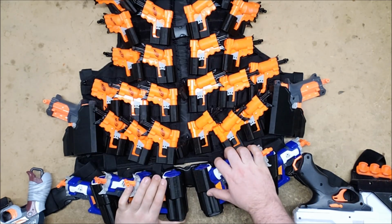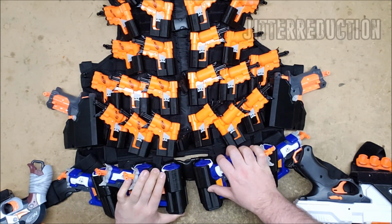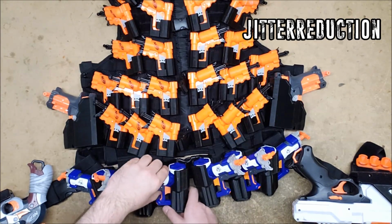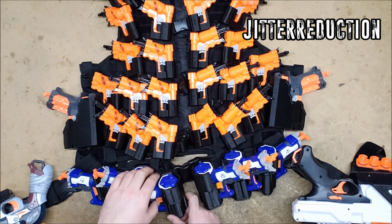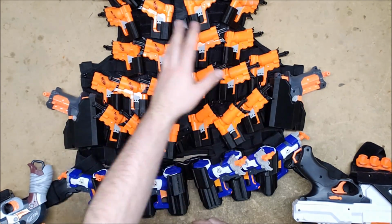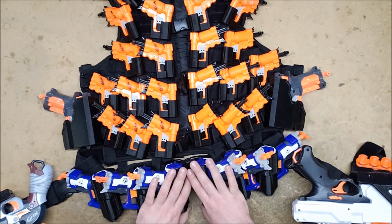Each in holsters that were designed by Jitterreduction on Thingiverse, and they also work perfectly. They are designed to hook onto belts. All of these are designed to hook into molly, which is really, really cool. These are designed to go on belts, and I discovered that where I put them in the